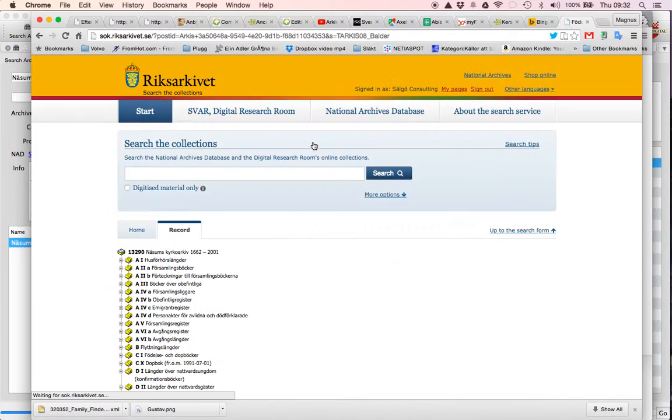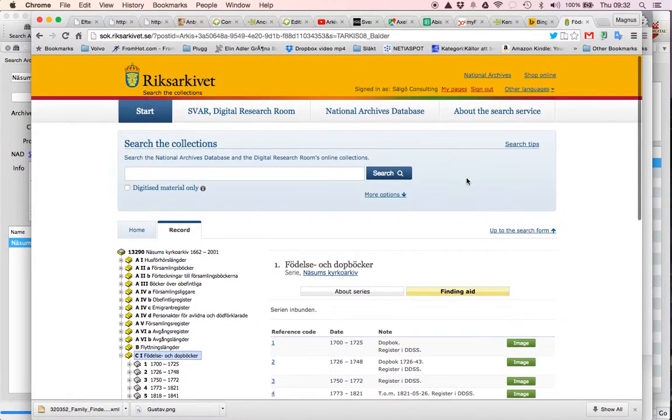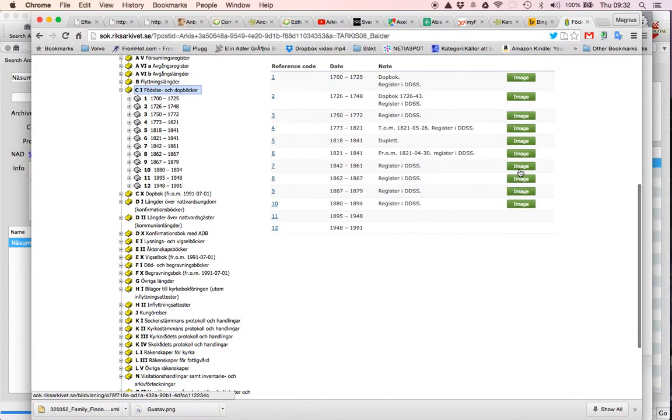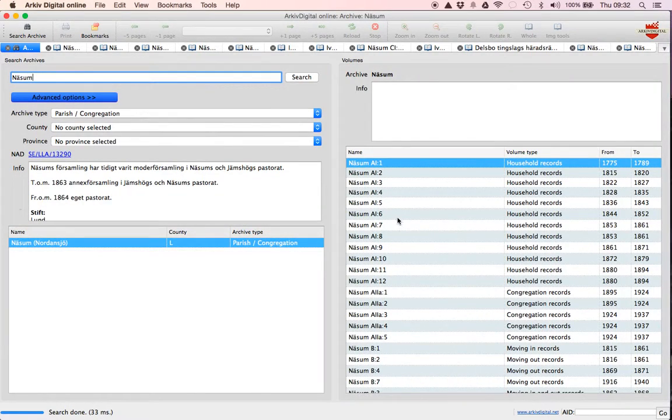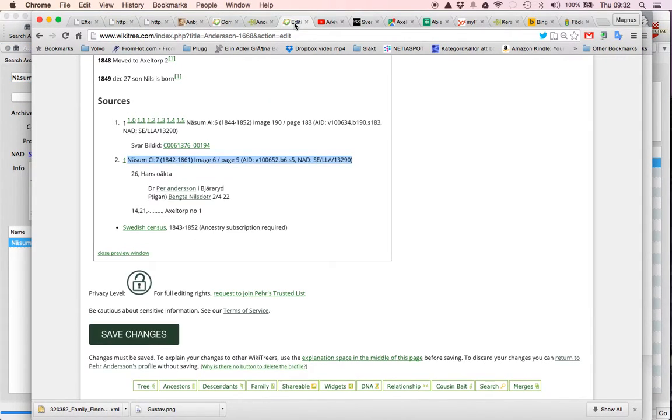Sorry, this is in Swedish. C17, and you also have images. Now I am at Riksarkivet, and if you have a subscription, you can also see them in this tool. But I prefer using Arkiv Digital. So if we go back to